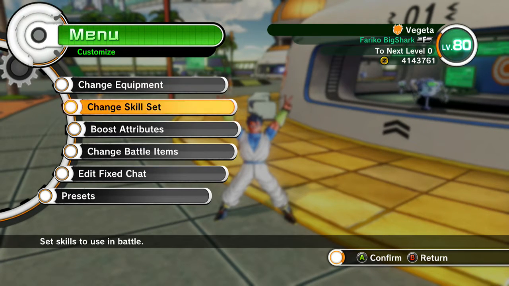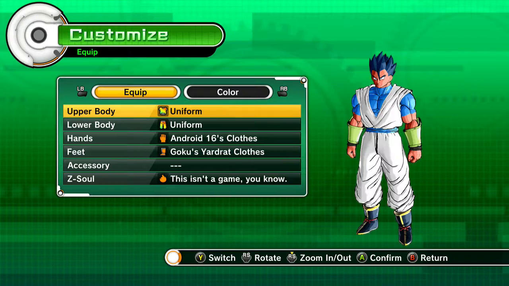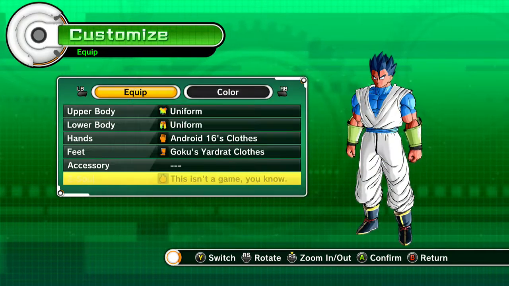Okay, so the first thing that you're probably going to want to do is get yourself to level 80 before even attempting this. You don't have to be level 80, but it makes it easier. And then I'll show you the mission you get this from in a minute, but you're going to want to try and get this. It's Bill's, or Beerus, whatever you want to call him, second Z Soul,